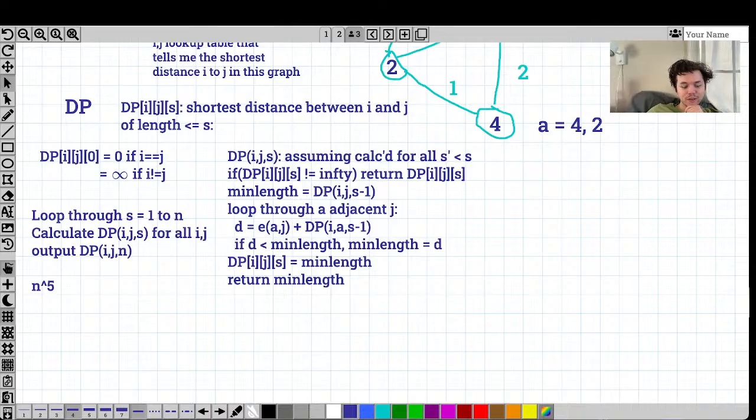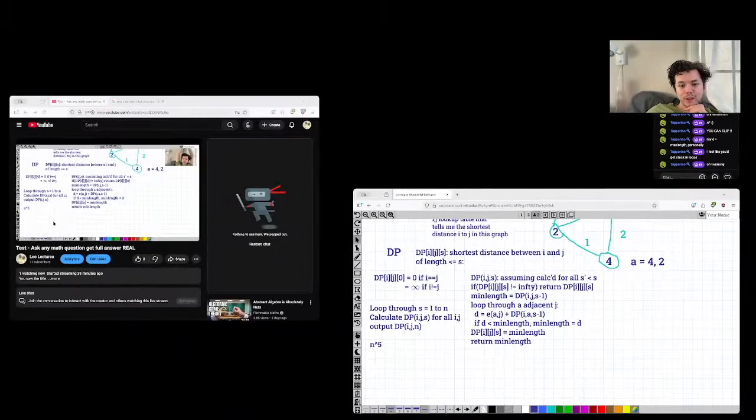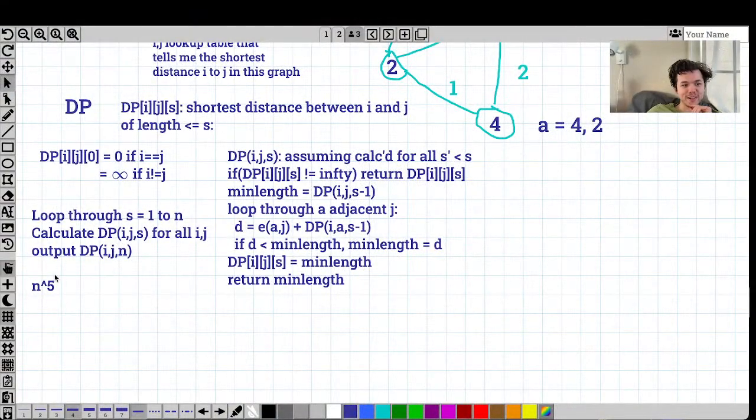Let's see. I can switch to full cam. Maybe I should leave it up. How I can keep